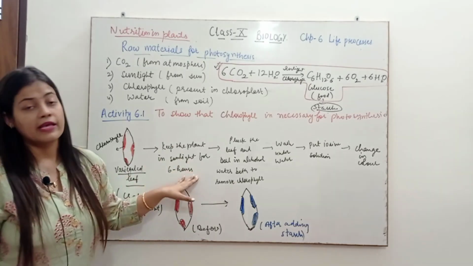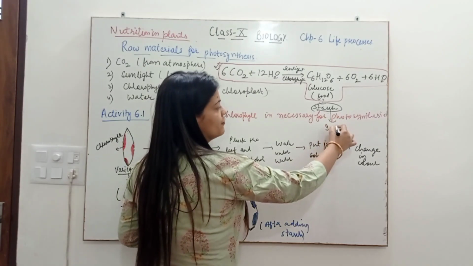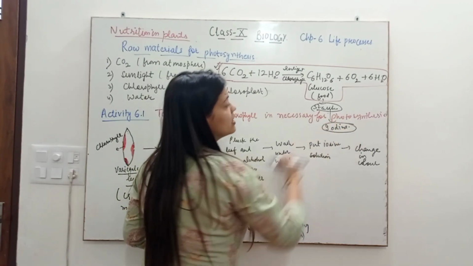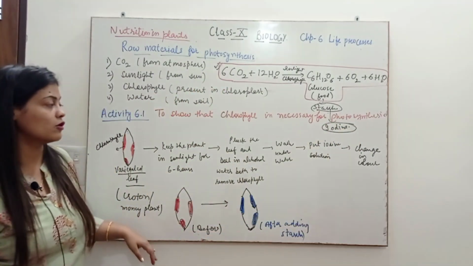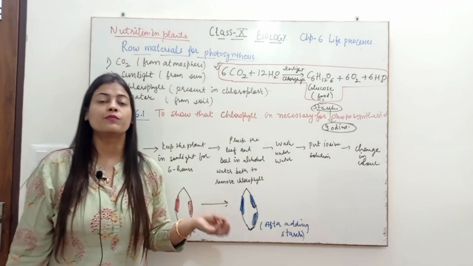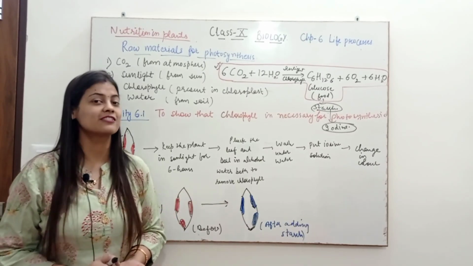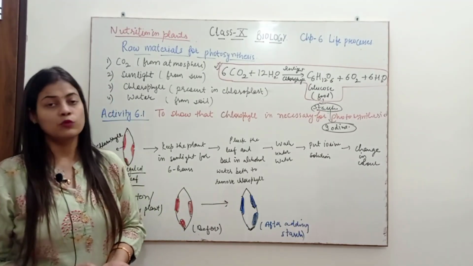Okay, starch is a molecule which changes the color of iodine. Iodine solution is normally light brown in color. Whenever we put iodine over starch, it changes its color from light brown to blue black color.